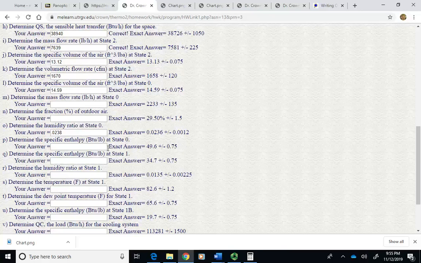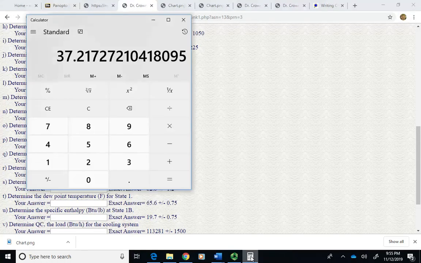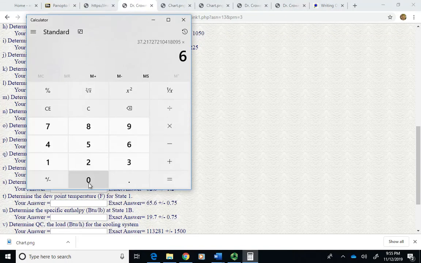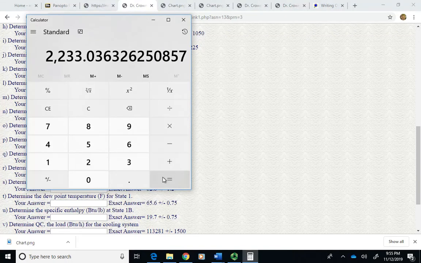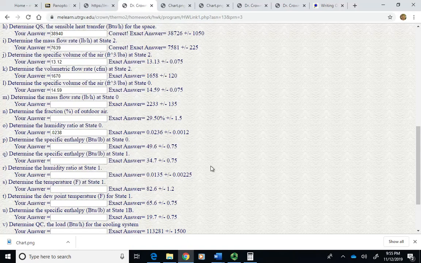And that's going to be per minute times 60, 2233. Right, at this point, I'm not going to write that down. I've written it down several times on the